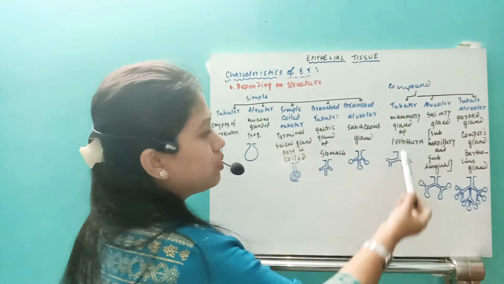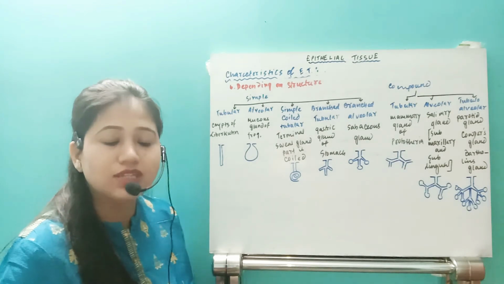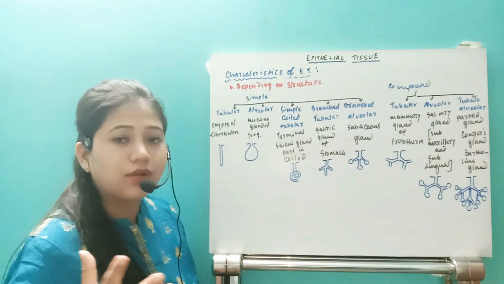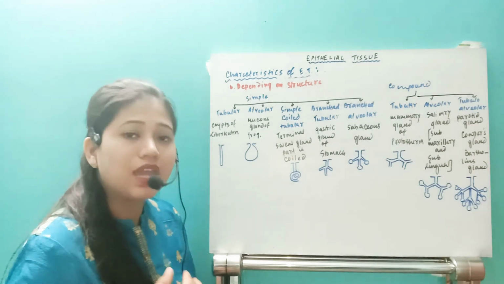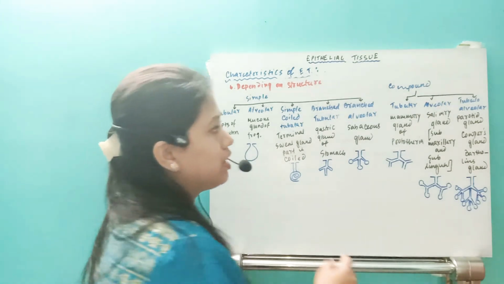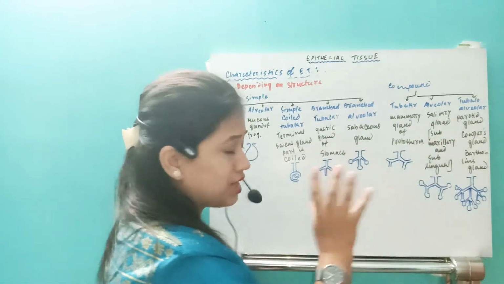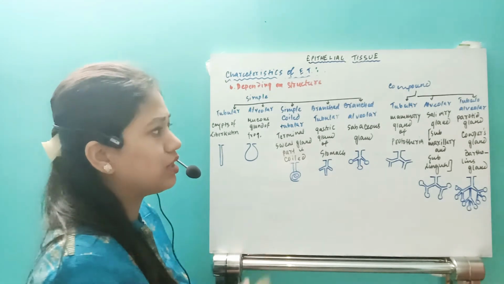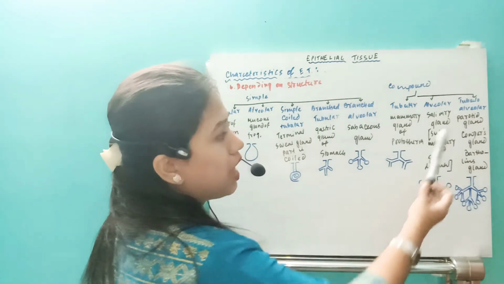So in the tubular type of gland, we have the mammary glands of prototherians. One example I have given already in the mammalia, that is the platypus. In the platypus, the mammary gland basically is the tubular compound gland. Next one, if it is the alveolar, then the salivary glands are the examples, but only two of them, the submaxillary and sublingual, are the alveolar compound gland. If it is the parotid gland, then it will be known as the tubuloalveolar gland.